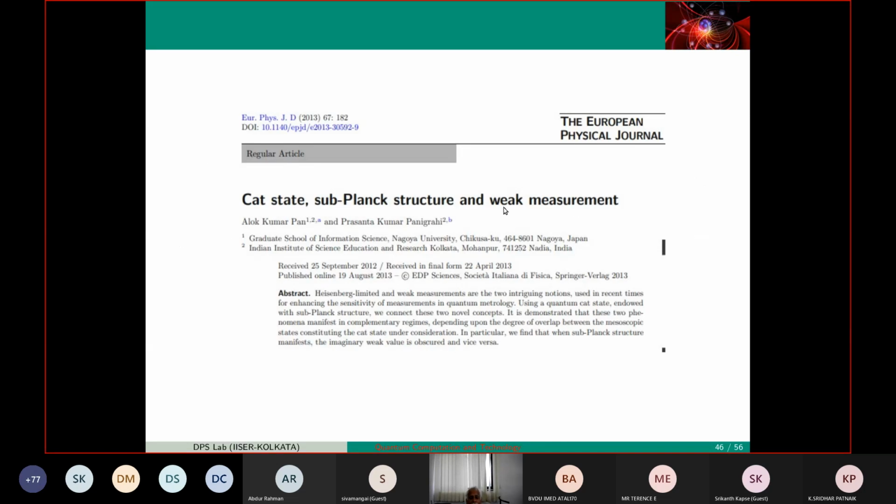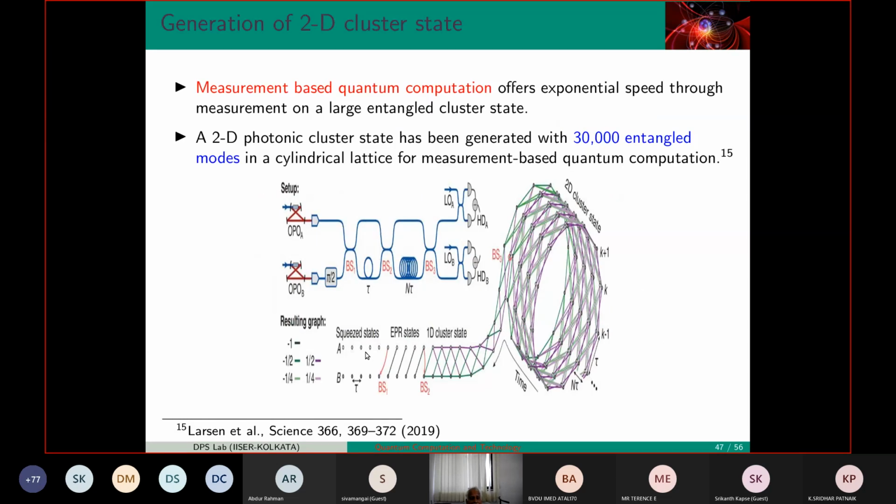You can do, I mentioned, weak measurement. You can extract information without fully destroying it. If some of you are interested, the references are here. Now, for example, another state, there is something called cluster state, a highly entangled state involving a lot of particles. You see 2019. Actually, there are two places in Denmark, Technological University, and also Tokyo Institute of Science and Technology. They have produced this kind of state, the so-called cluster state.